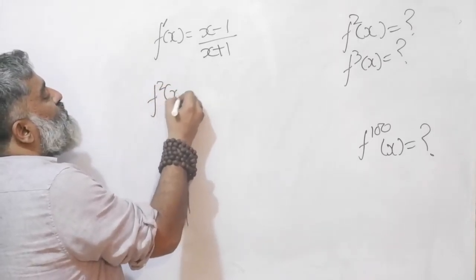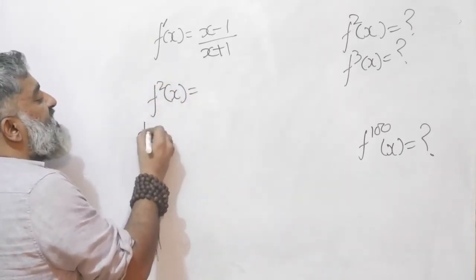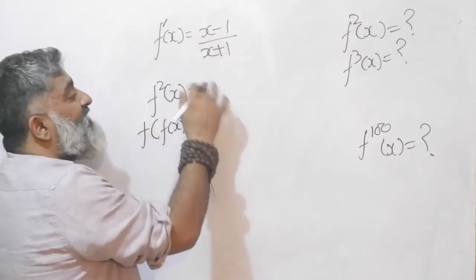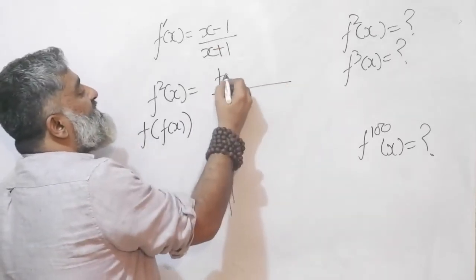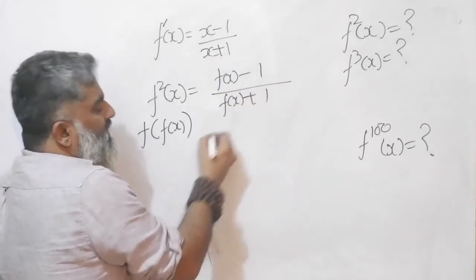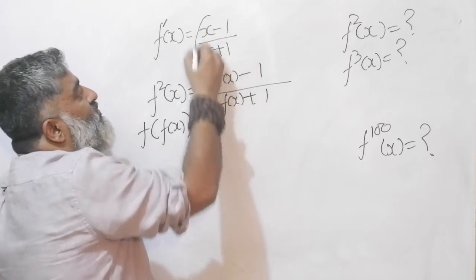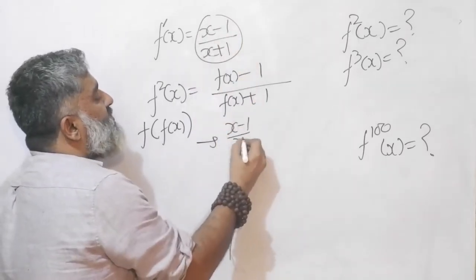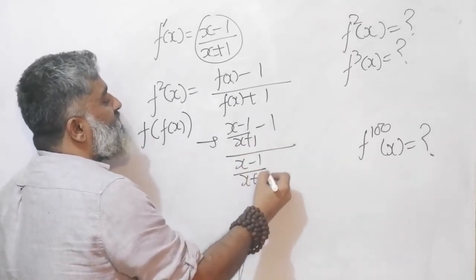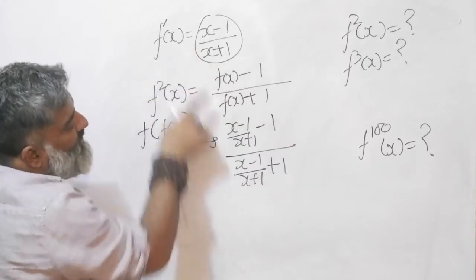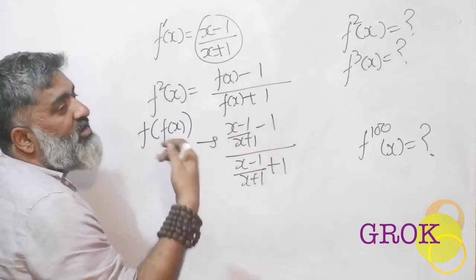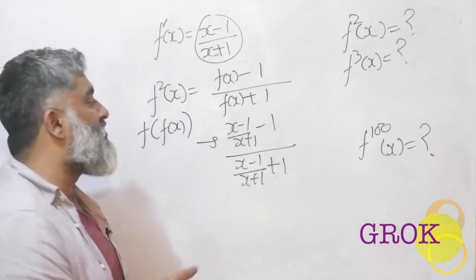I find f2 of x. What does this mean? It is the same as saying f of f of x, right? That means wherever there is an x, put an f of x. So instead of this, I will write f of x minus 1. Instead of this, I will write f of x plus 1. Open this story further. What is f of x? This whole thing. So write it again, x minus 1 upon x plus 1 minus 1, and in the denominator x minus 1 upon x plus 1 plus 1. So compare this view and this view. You will notice instead of each x, you are putting the whole function again, or f of x, right?